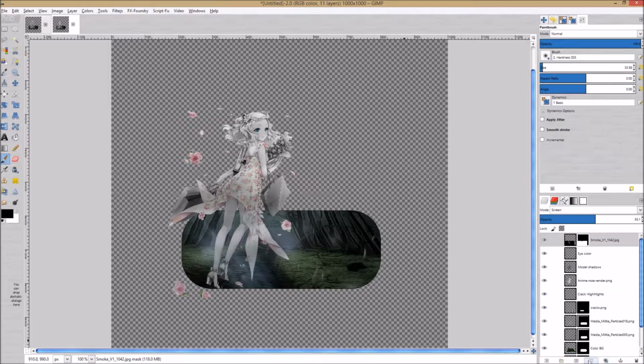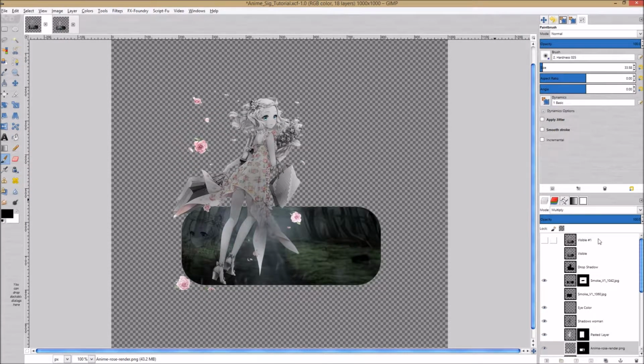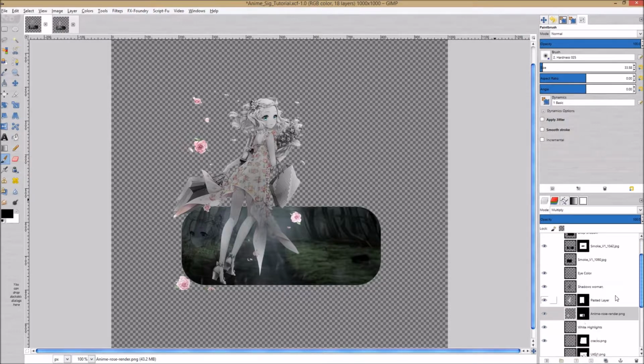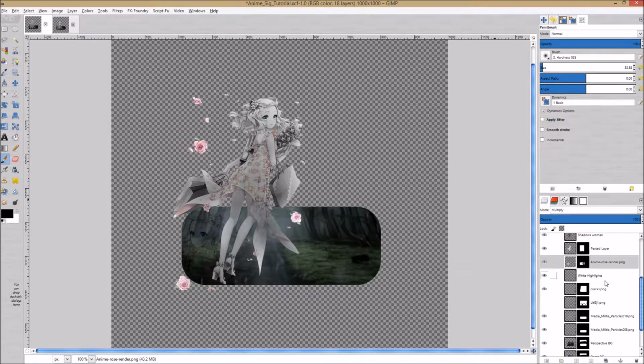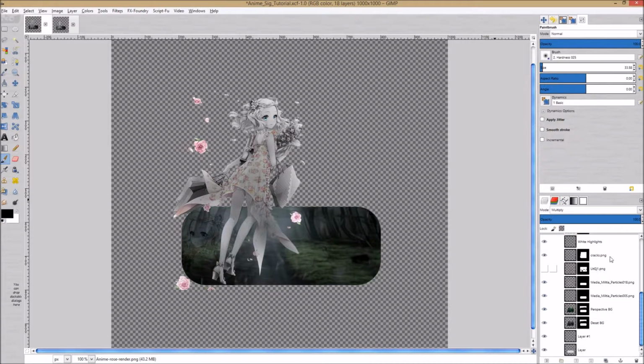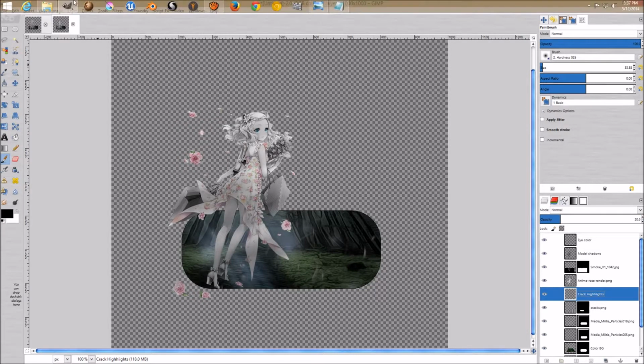We could also probably drop this under her shadow layer, and it just darkens that part in right there. That'd be fine too if that's the way you want to leave it. And let's see, so we got that eye colors, shadows, and that. Okay, now let's go back over here and click on the crack highlights,